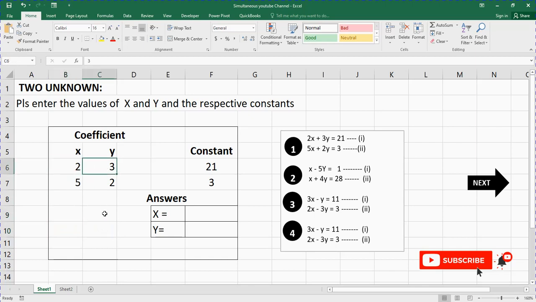The inverse of 3, I put it here. The inverse of 5, I put it here. The inverse of 2, I also put it here. So I want to make sure I put all the inverse of these numbers down. So the first thing I will need to do, like I said, is to look for the inverse of this coefficient. So what you do is that you will highlight the place you want your answer to be,